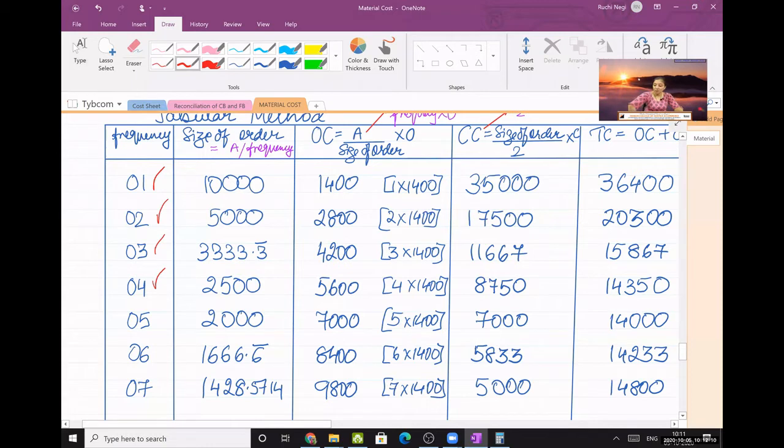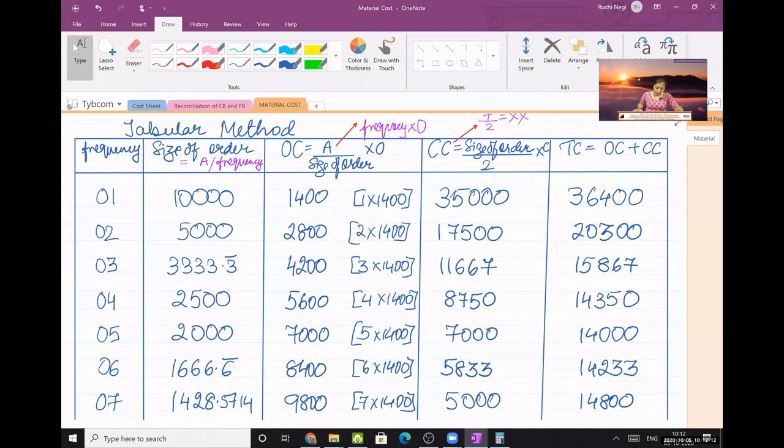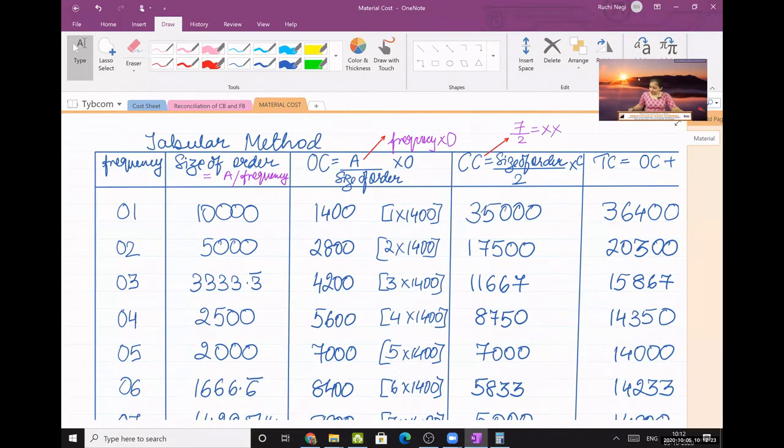CC calculate करने को बोला था तो I told you we'll have to use the calci for this shortcut. So my shortcut is what? My C is how much? 7 numerator. Denominator is fixed 2. So 7 upon 2 is going to be constant. So 7 divided by 2, 3.5. Multiplication sign 2 times and then I want answer for 10,000. So type 10,000, press equal to. 45,000. Then type 5,000, press equal to. The answer is 17,500.